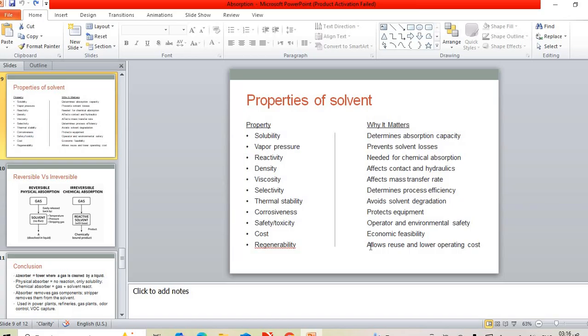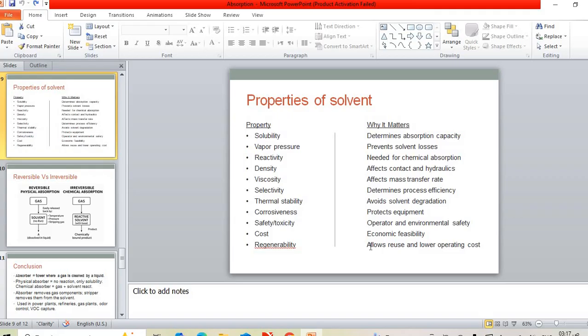Vapor pressure. The vapor pressure of the solvent should be low to avoid losses. Reactivity: in case of physical absorption, you don't need the solvent to react with the gas, but in chemical absorption, it's okay. The solvent and the gas should be reacting together. Density affects the contact between both phases. Viscosity: of course, if the viscosity is high, it acts as a resistance between the solvent and the gas,